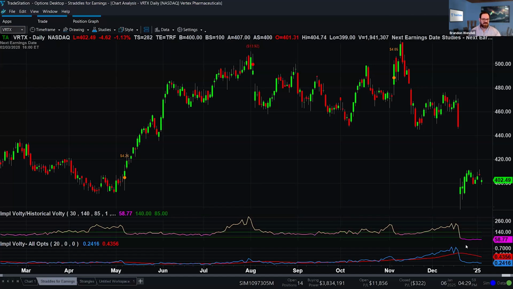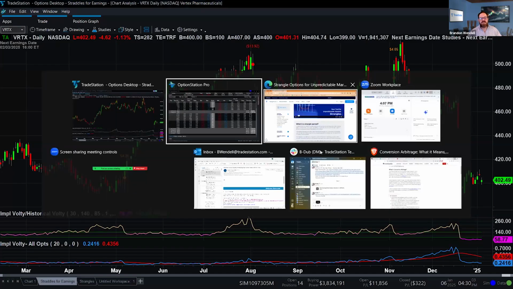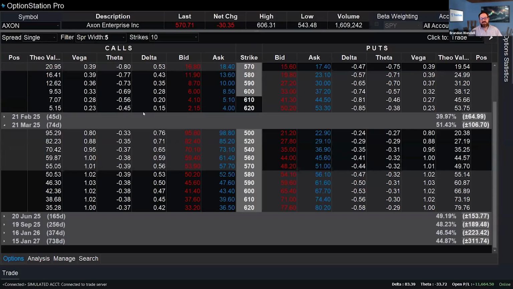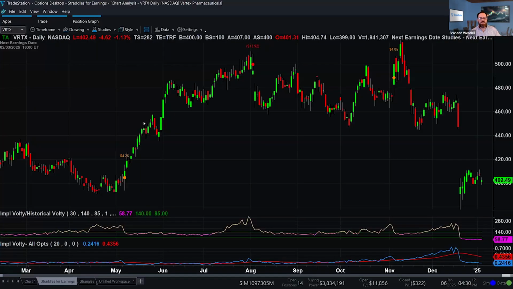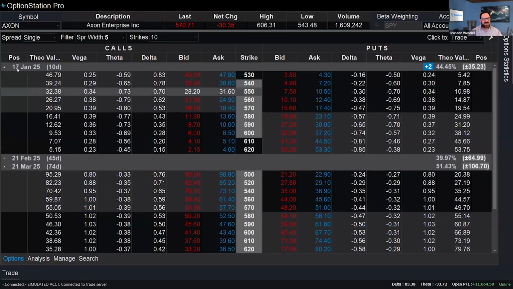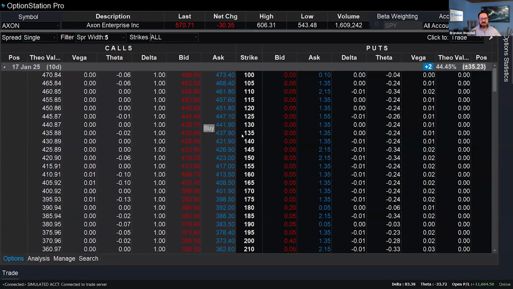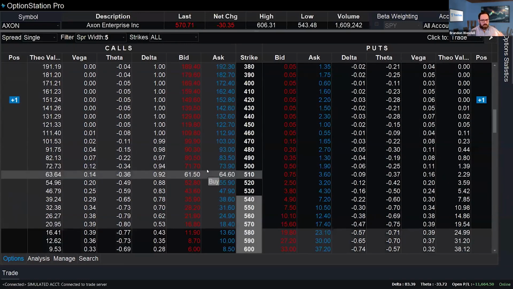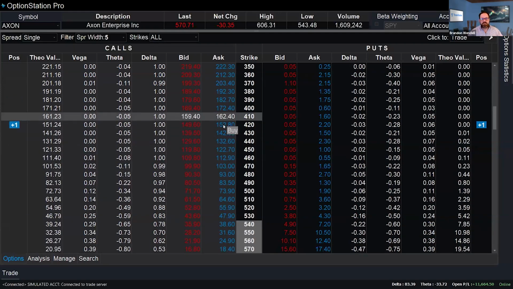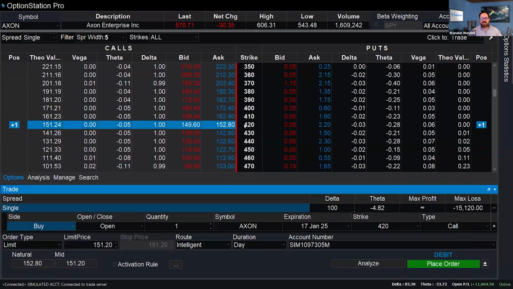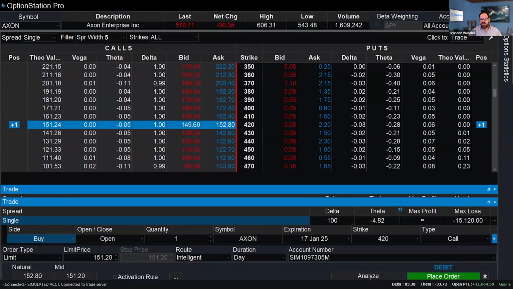So as I said, I made an error on this particular position because I should be out of this already. But I did it for demonstration purposes as a simulated account just to show you what happens because I've gone beyond my point where I wanted to be in. For instance, on this particular option right now, let's go further for the strikes. Actually, I probably need all of them. We're close to it. Here we are, 420. The 420 calls and puts. Don't need to put in the order.